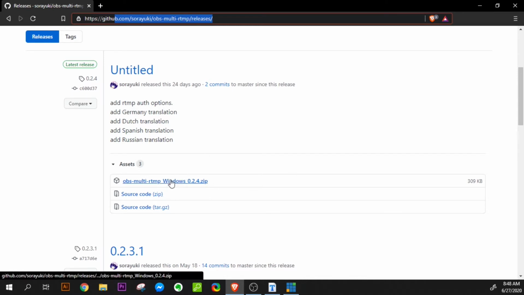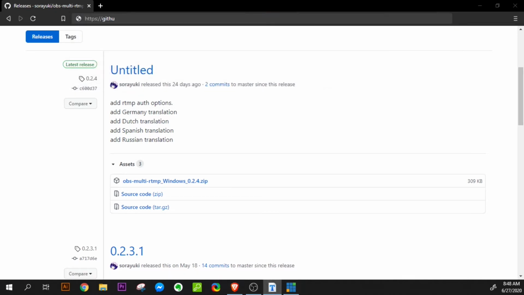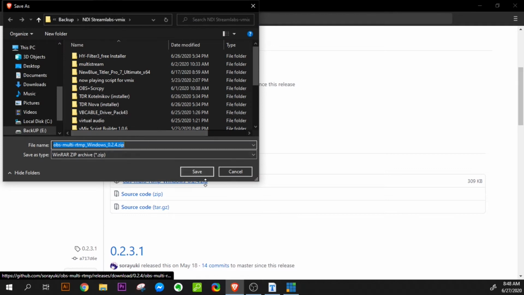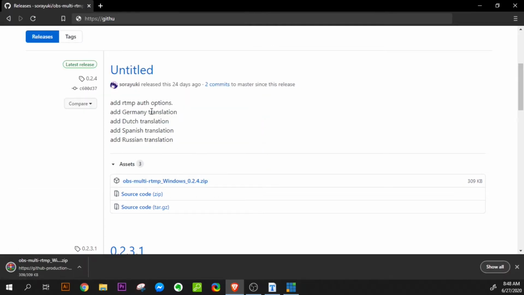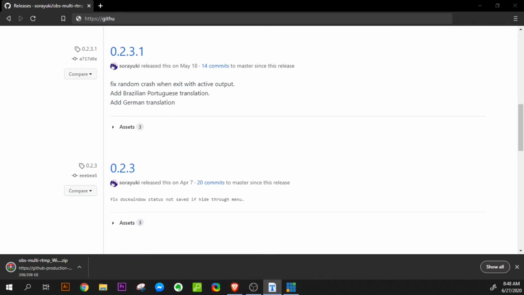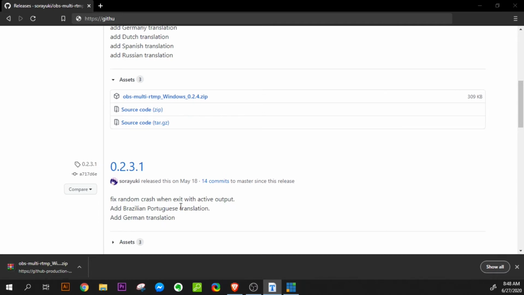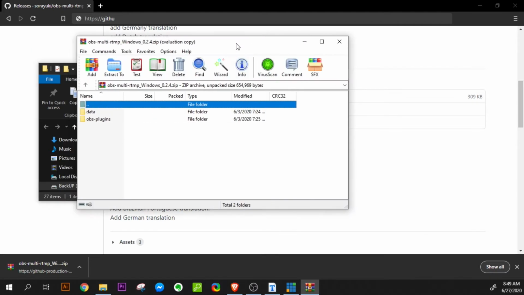I am downloading the zip file, and after downloading, we have to extract it using WinZip or WinRAR or some type of unzipping software. Now my download has been completed. After the download is completed, I am extracting the file using WinZip software.